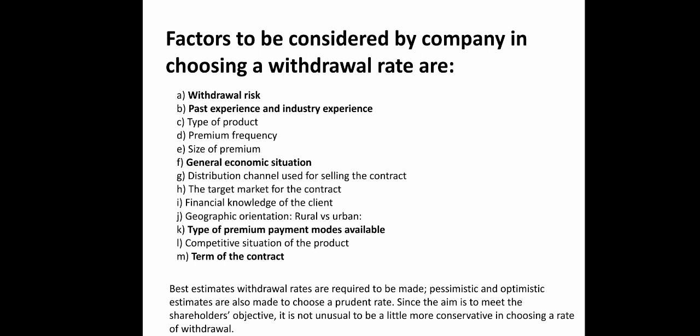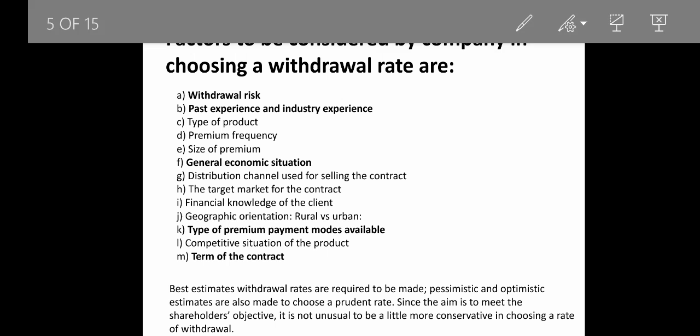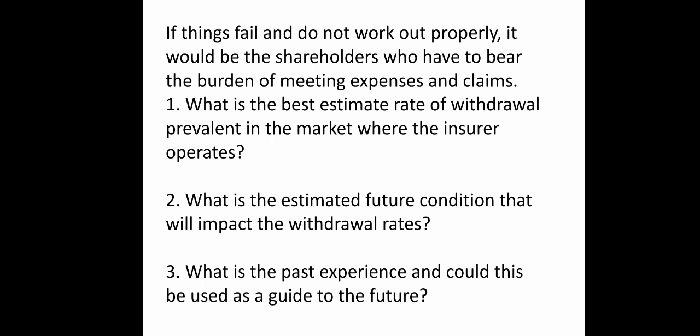Now, carrying on with this discussion further, next is the withdrawal rate computation. If there is any error in it, it will affect the shareholders of the insurance company. Shareholders are actually the owners of the insurance company. If a company is going to have extra cost and extra claim settlements, it is going to affect the overall profitability, and ultimately it is going to affect the shareholders. So that is very important. Any wrong decision on the part of actuaries in the estimation of withdrawal rate will affect shareholders, so they need to be very careful dealing with this particular topic.